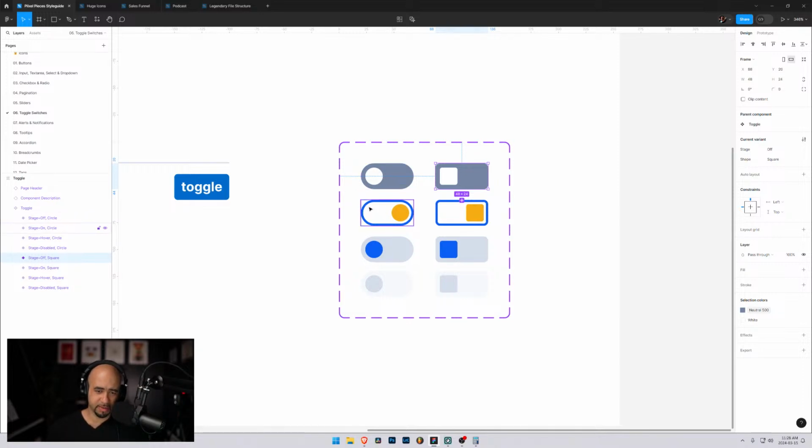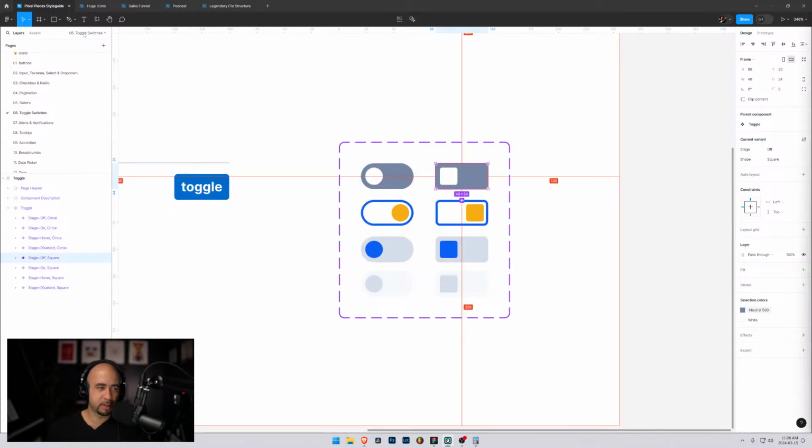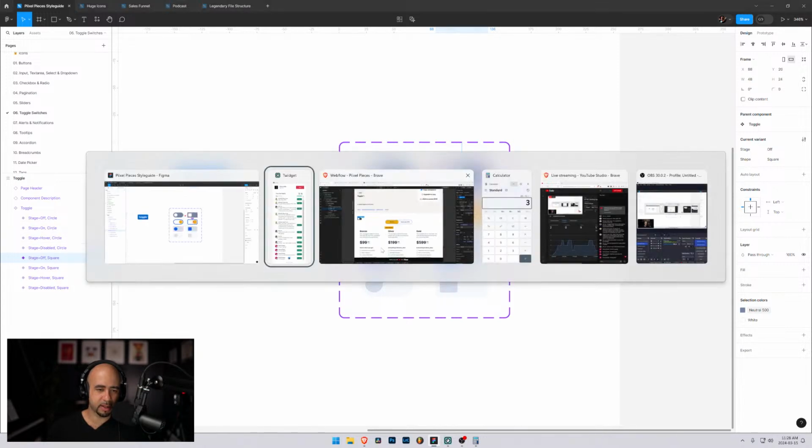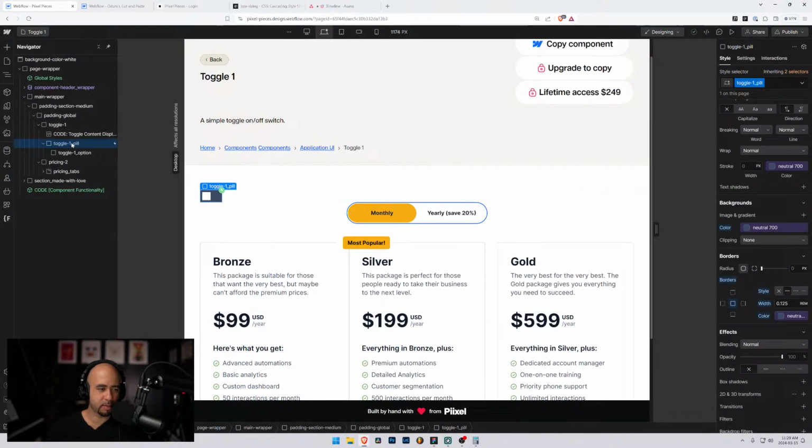So this is off. This is on, which we have, which is good. We have hover. I think let's make this hover state. I kind of like it. I think we'll be okay with it. Okay, so